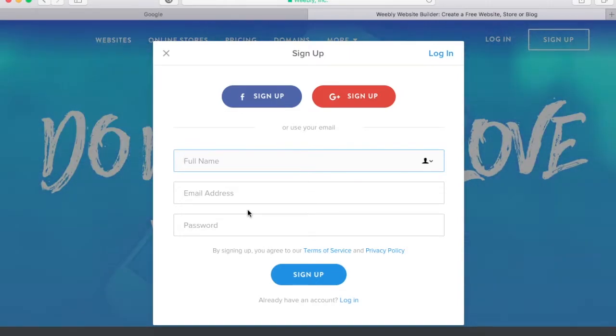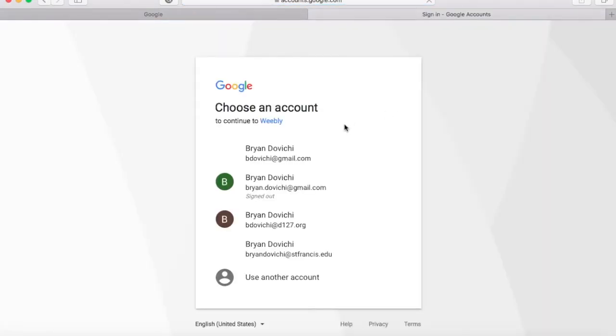Because we all have District 127 emails and we're using Google now, let's go up to where you see G+. It's that big red button. Click sign up. When you do this, it will ask you which account you'd like to have it set up through. I'll use the District 127. If none of these come up on your screen, you'll have to type in your District 127